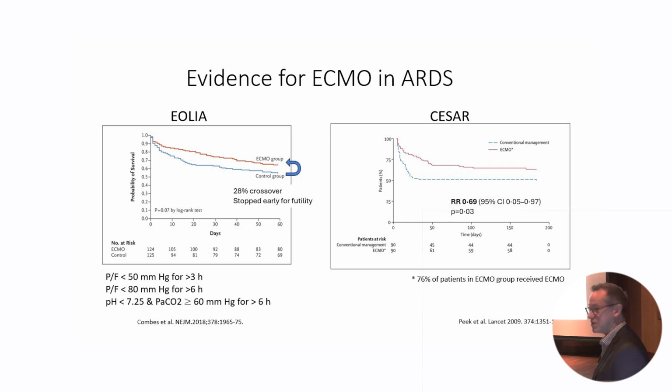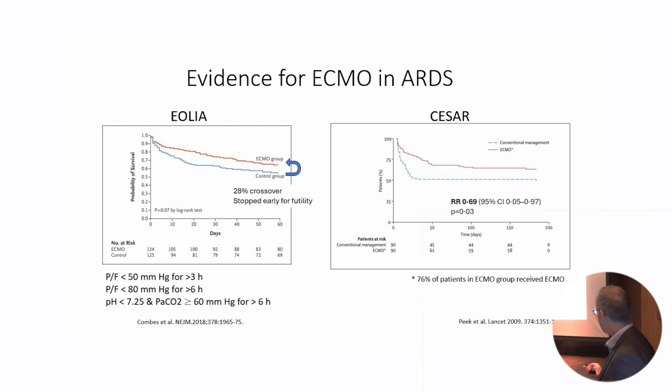So what is the evidence for using ECMO in ARDS? There are basically these two trials that form the sum total of the evidentiary basis for the use of ECMO in ARDS. It was the EOLIA trial, which randomized patients with very severe ARDS, so you had to have a P to F ratio less than 50 for 3 hours, or less than 80 for 6 hours, or severe hypercapnia resulting in acidosis. And what they found